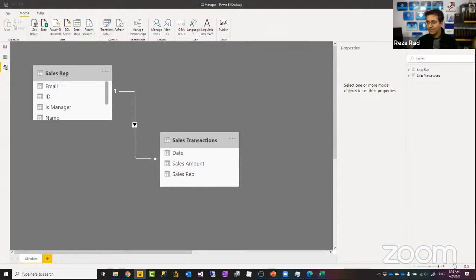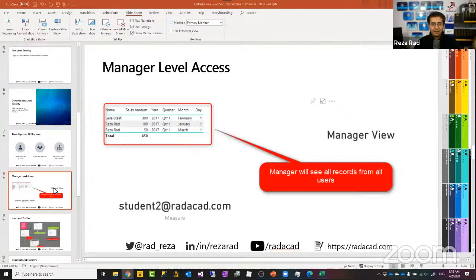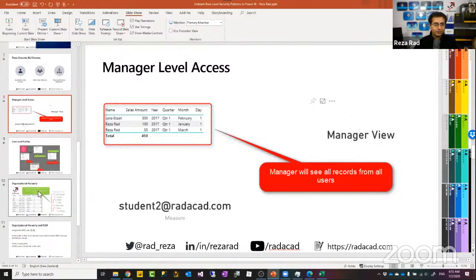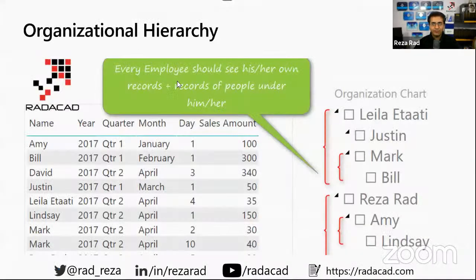Now, because we had some questions about organizational hierarchy, let me explain that a little bit as another pattern. Another pattern is now a little bit different. Let's say, and I'm going to show you this as the last example, I'm not going to show you the entire example. I'm just showing you the pre-built one because it takes a little bit of time to build it.